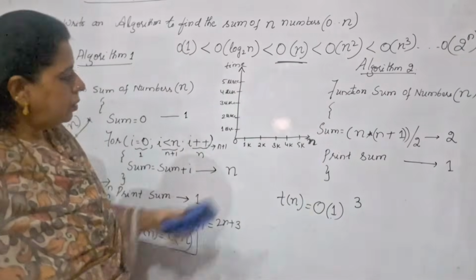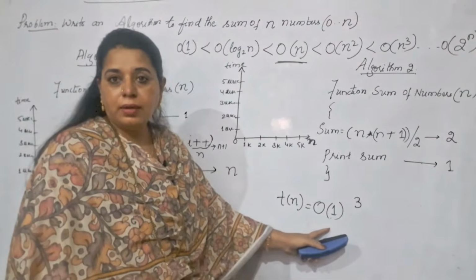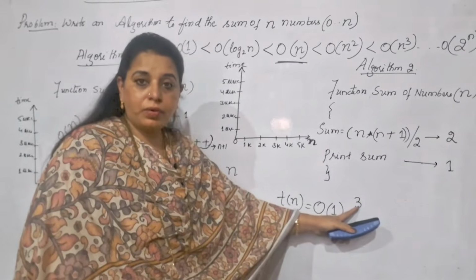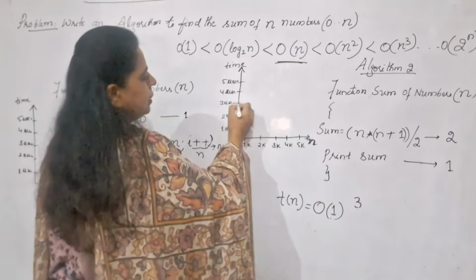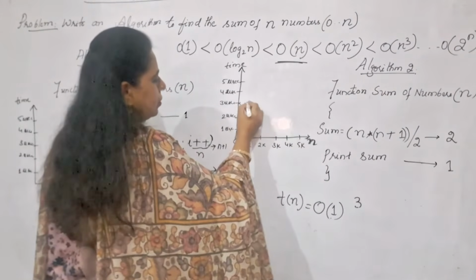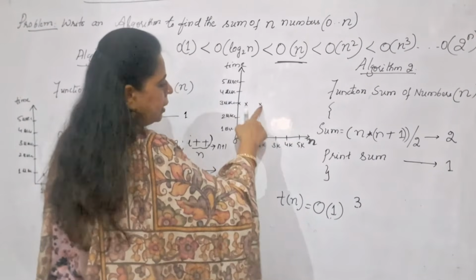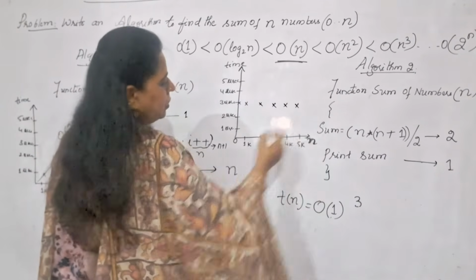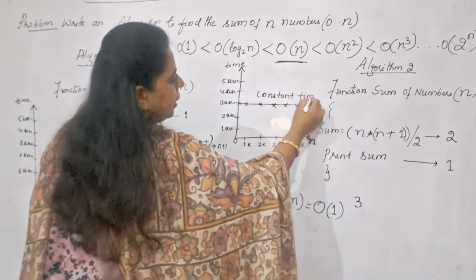Okay. Now for this particular algorithm, the behavior is what? Constant. That means whatever may be the value for n, you are getting what? Even if you take this as 3 microseconds, then what I have to do is 3 microsecond is here. Whatever may be the value for n, if n is 1000, it is taking 3 microsecond. If n is 2000, it is taking 3. If n is 3000, it is taking 3, n is 4000, if n is 5000. So when you join this, what is that you are getting? So this behavior is a constant time behavior,